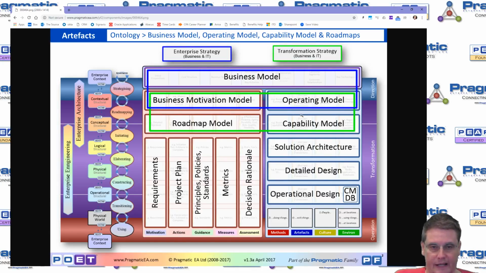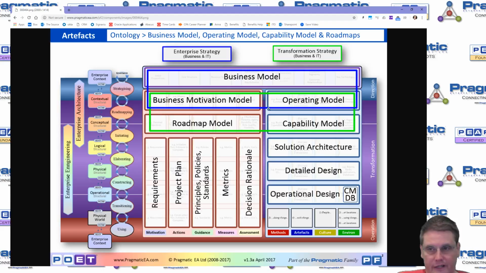Out of that we get a current and target capability model, and then the roadmap model. The current and target capability models is basically a structural roadmap, but we tend to talk in terms of capability models. This is a transformational roadmap of the projects and programs and initiatives required in order to be able to